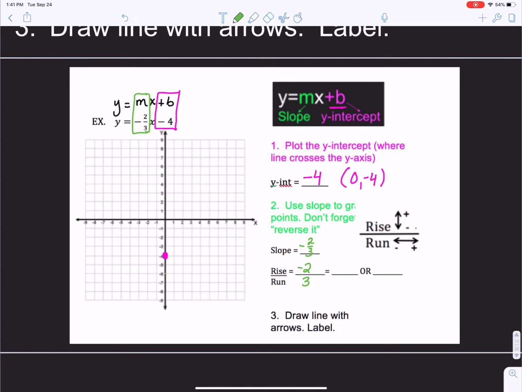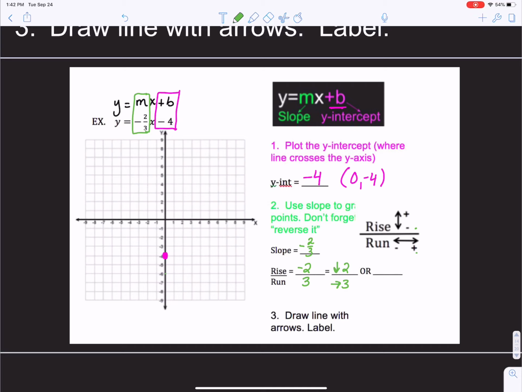So then we need to keep in mind what direction that tells us to move and how many units. So if my rise is negative, that tells us that we're going to be going down. So this means to go down 2. And my run is positive. That tells us that we're going to move to the right. So we're going to go to the right 3. Okay, so if we go back to our